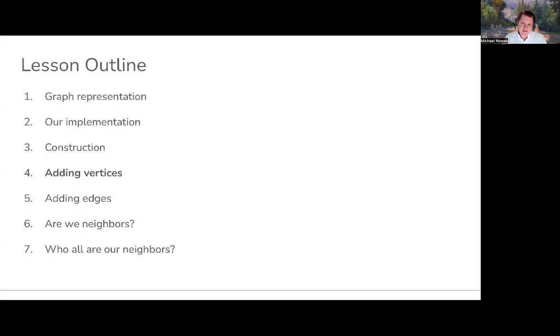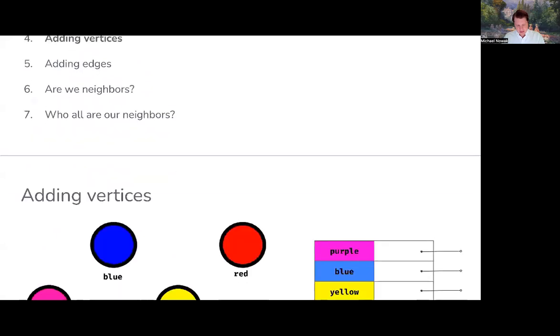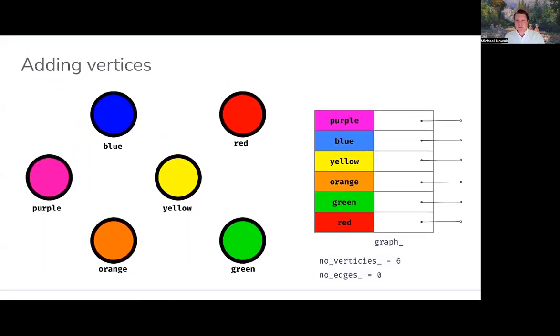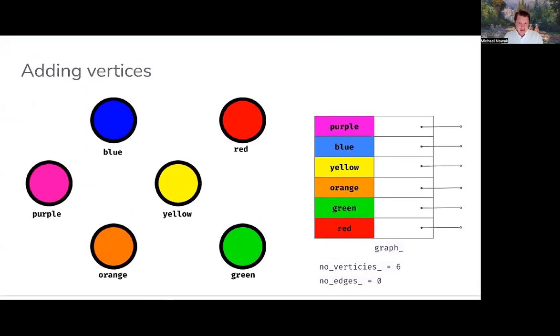Howdy and welcome back. So in this video, we're going to implement an add vertex function so that we're able to add vertices to our graph representation. So let's say we want to begin building out our graph representation by adding 6 vertices to it. Let's say, the string representations of what we're going to add, it's going to be purple, blue, red, yellow,